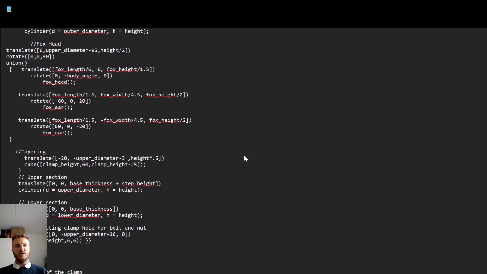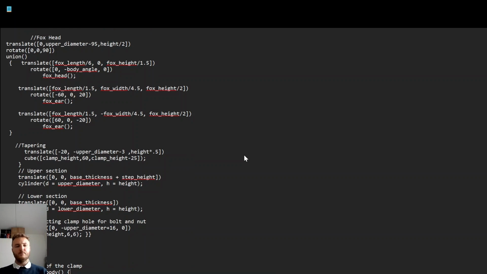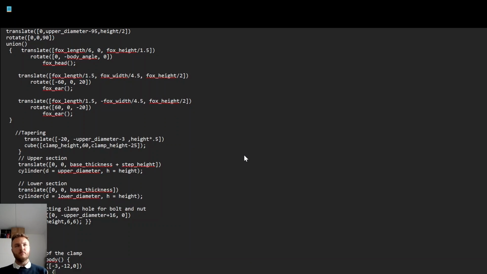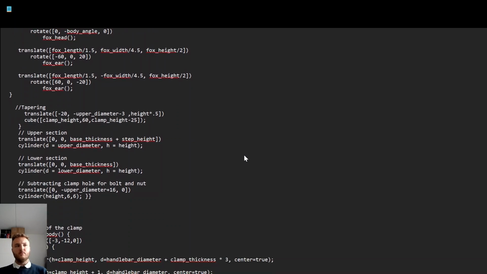All right. Module clamp_body. So the way I did it is that I have the upper part of the clamp, which is separate, so that I can adjust it however I want. You'll see it afterwards. It's just a separate piece of the cup holder clamp, whereas the lower part is directly attached onto the cup holder. Translate([difference(cylinder, cube))